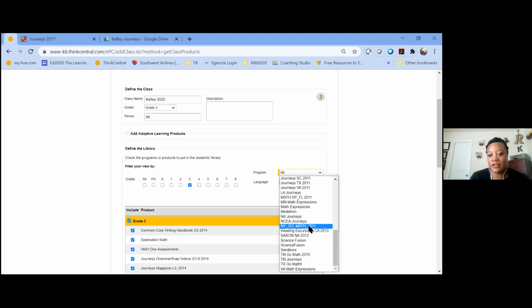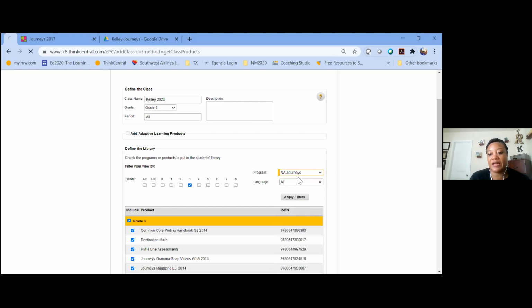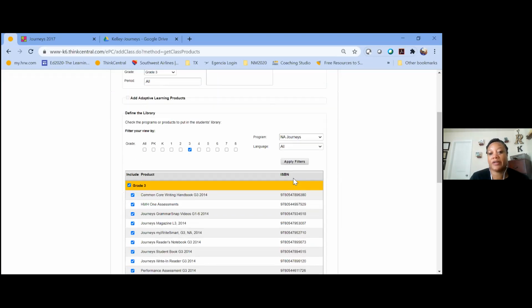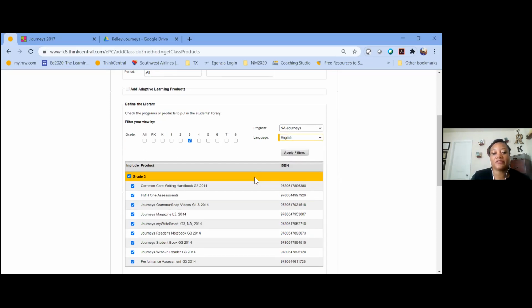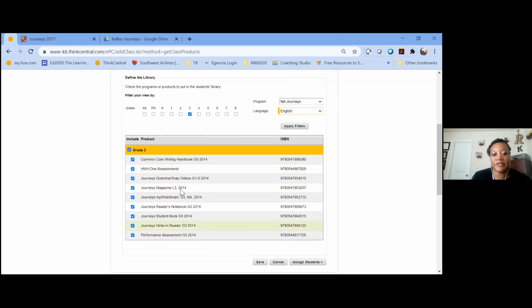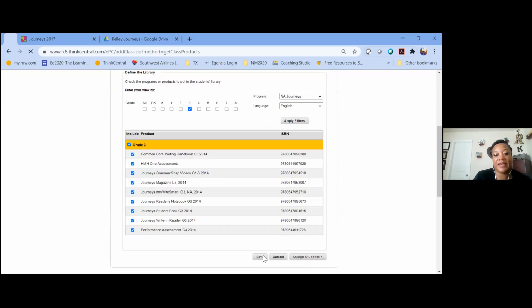which means that your students are loaded, and then you guys just have to narrow down and create your classes. And I want English. All right. So I'm going to apply the filters. Just check. Those are all the resources. So notice right here, this tells you what students are going to have access to. They're going to be able to get into those Grammar Snap videos, the My Right Smart, all of this that they can get into, right? So I'm going to say apply and now save,